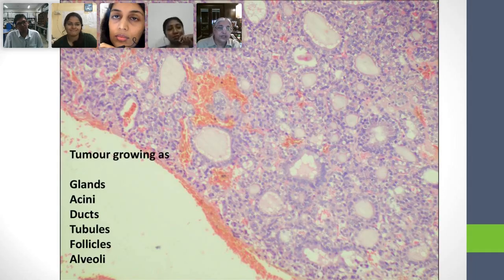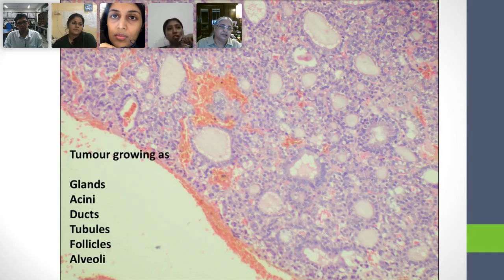Okay. So it's also a secretory structure, isn't it? Yes or no? So then how does it differ from a gland? Because a gland also has to have a lumen. You agree? Yes. So now you tell me, what's the difference between an acinus and a gland? They're both secretory. There's a difference in the size. Very good. Number one is the difference in the size.